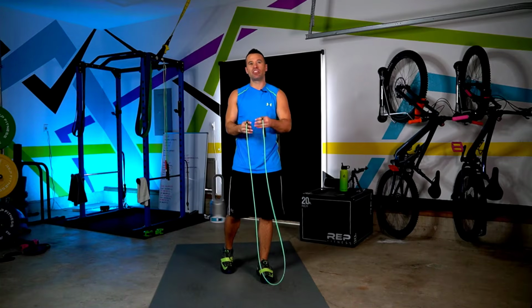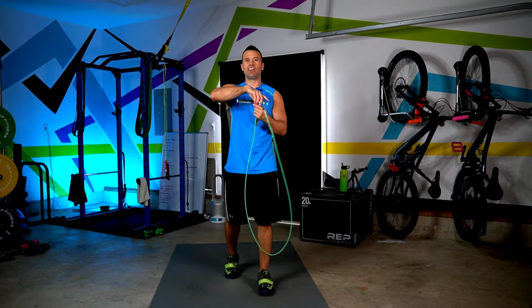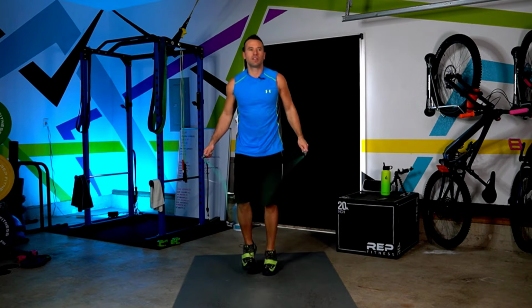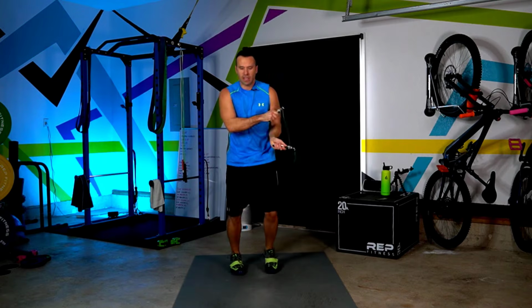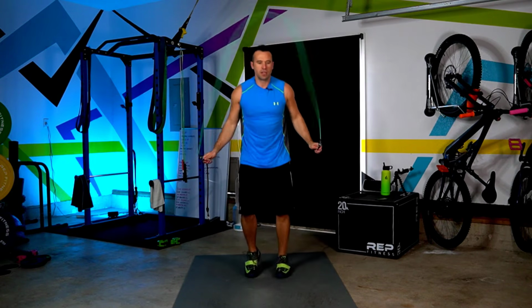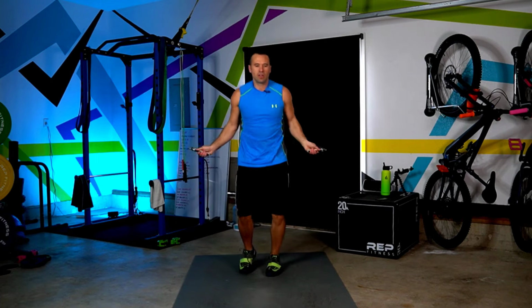That is the combination. That is the basic level, and you're just gonna be wanting to repeat that over and over again. What you're doing here is ingraining muscle memory. You wanna ingrain the pattern of which skill comes after what over and over again. You're getting that practice of transitioning from boxer skip into the side swing, from boxer skip into crisscross, and then